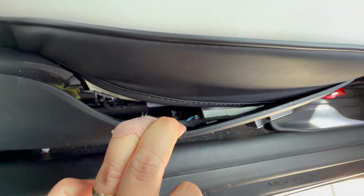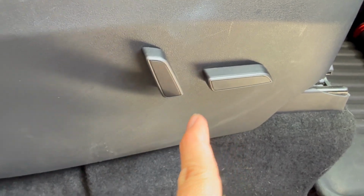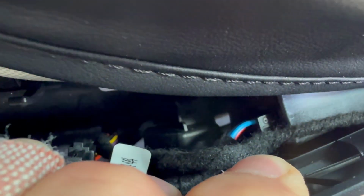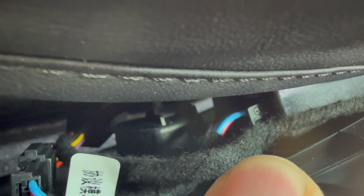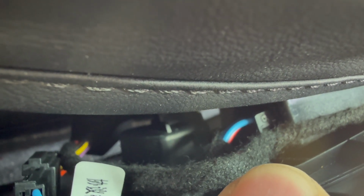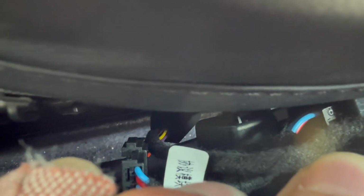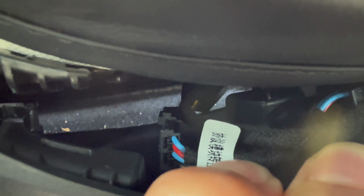And then voila, that wire right there, let me see if I could get this camera to be better, the blue wire right there, plugs into this box, which is a control for these switches. That is the wire that is supplied with this product. You need to unplug that wire that was originally there and plug in the wire that this product comes with. The original wire is that purple and yellow one that gets plugged into the other end of the supplied wire, kind of like a splitter. And then the final step